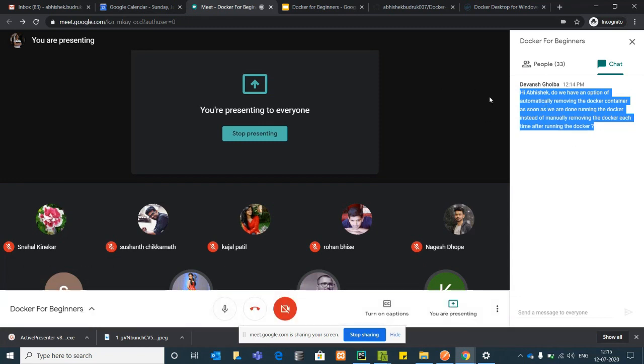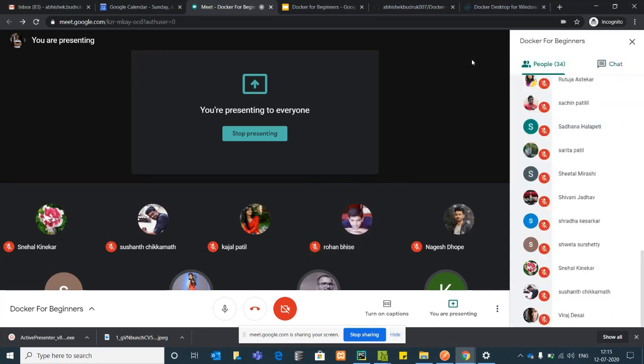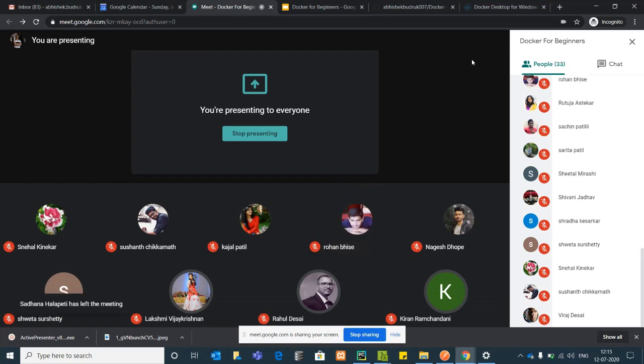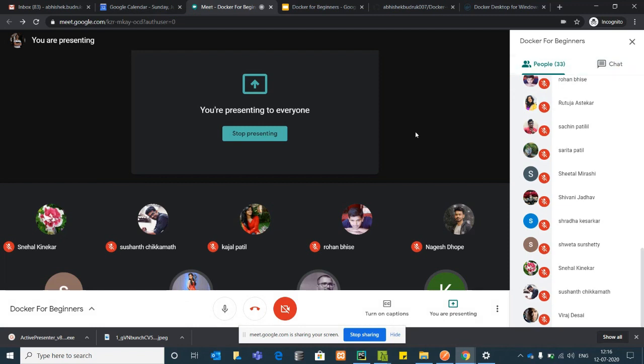When not in need, we can automatically remove it by using Kubernetes. This is not under the scope of today's session. It is something that we can discuss later on, in the next sessions.